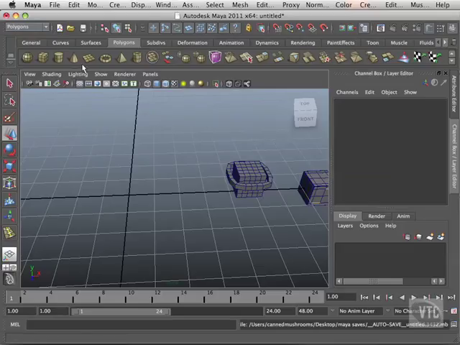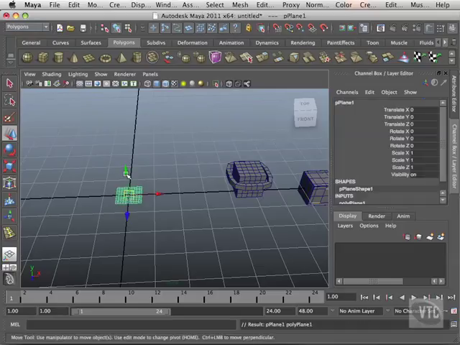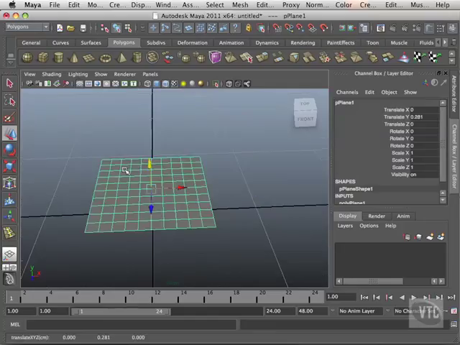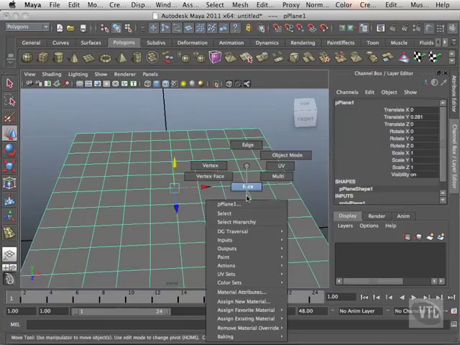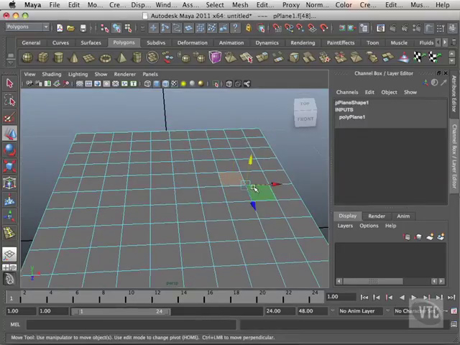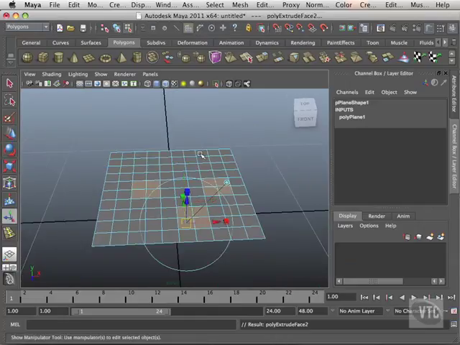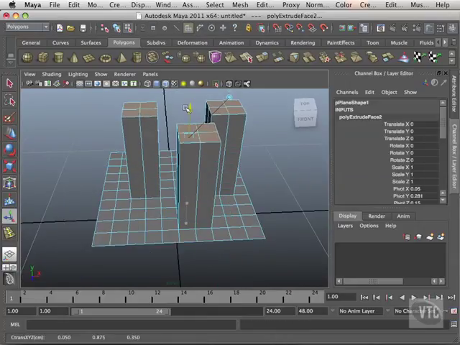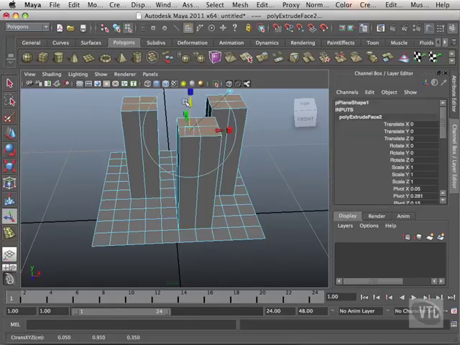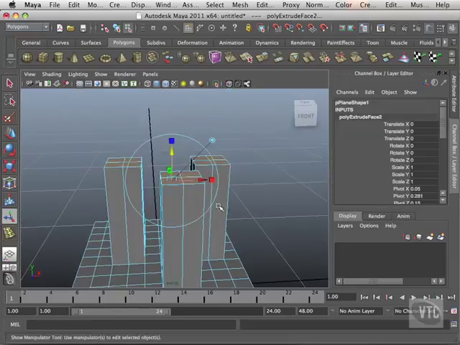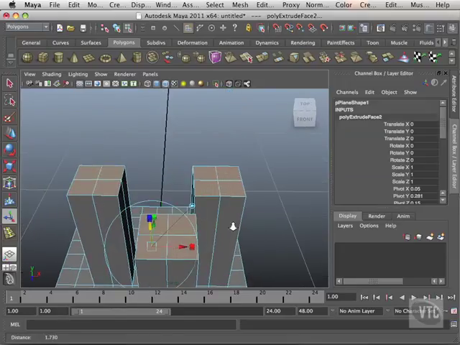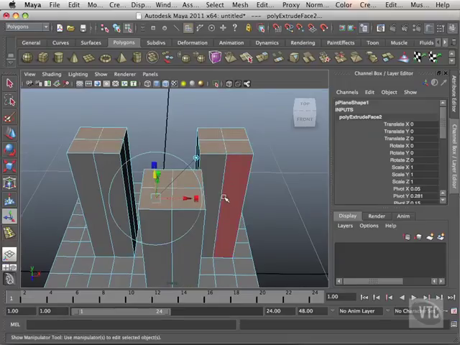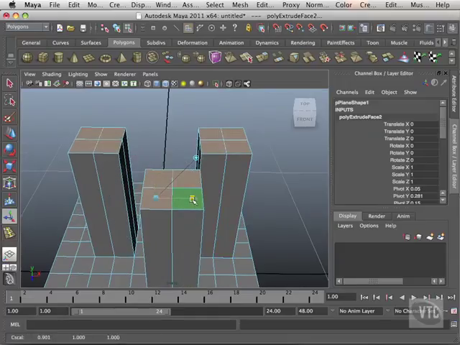Transform component. Now this is a very, very useful tool. What I'm going to do here is take several faces and extrude them up. Okay. Now you notice that this tool, after I get done using the extrude, I get this very handy thing